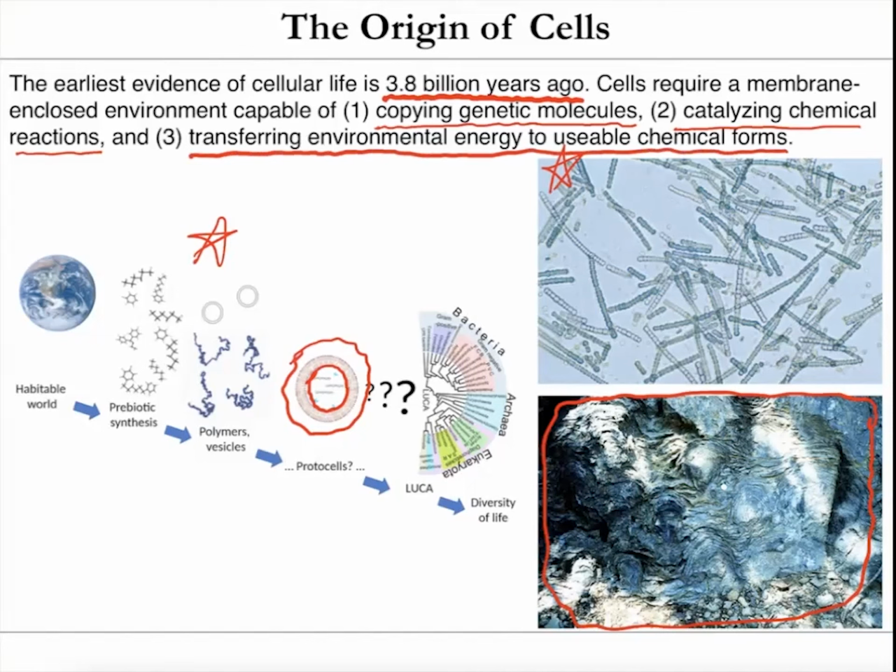So cells have to have some way to use energy in their environment, which now is by oxidizing carbon-based molecules, but they have to be able to turn that into a chemical form that they can use for the processes within the cells. Cells are very, very old, and we have evidence of them at least 3.8 billion years ago. But how they physically arose on planet Earth is a subject of active debate and investigation.